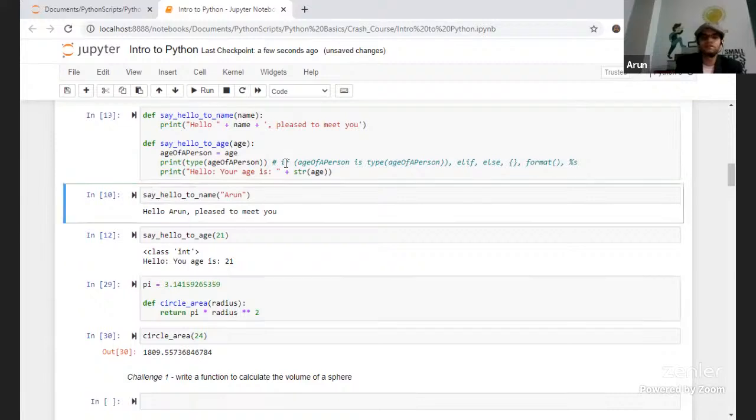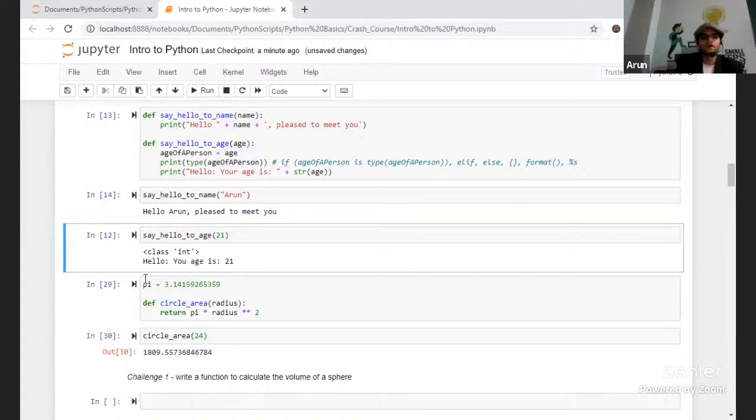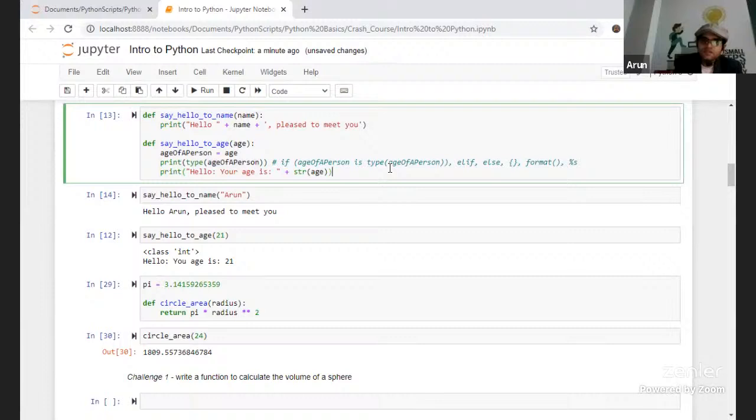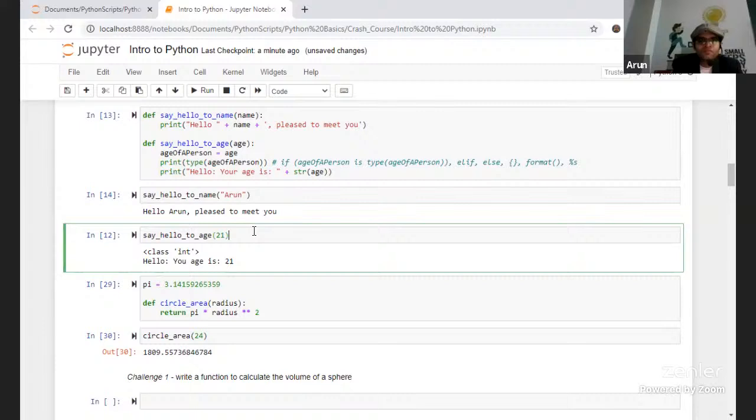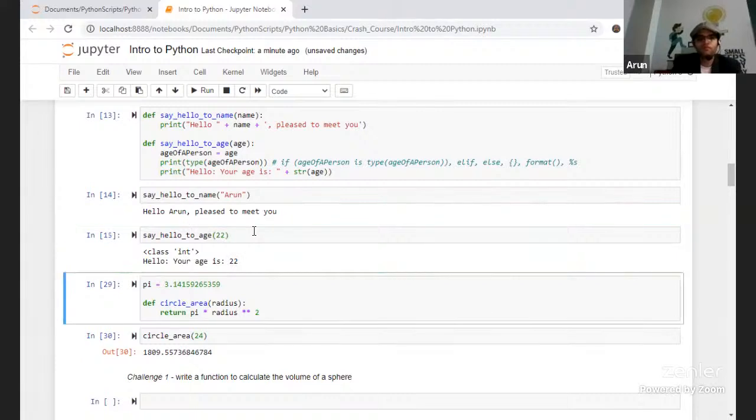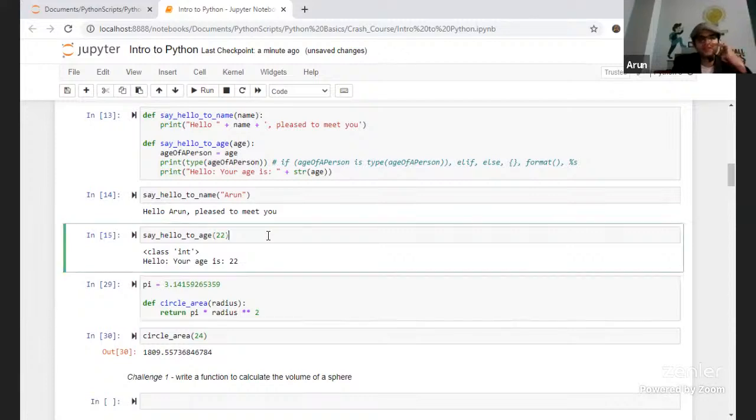I didn't execute this one. Why is it not working? Okay, so it did not execute again because it already had a previous cached value.